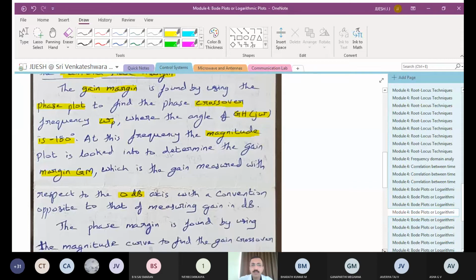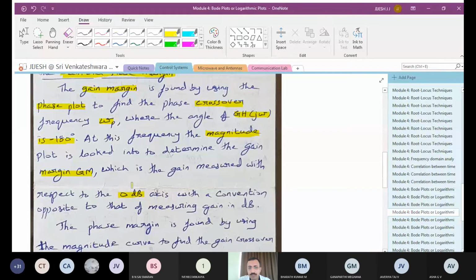So here the gain margin is found with the help of two things you will be drawing. One is called a magnitude plot, another is called a phase plot. You have to compare them in a single figure. You have to draw that in a single semi-log graph sheet, where you have to put dotted lines. You have to take from the crossover, like you can see. I will show you that.